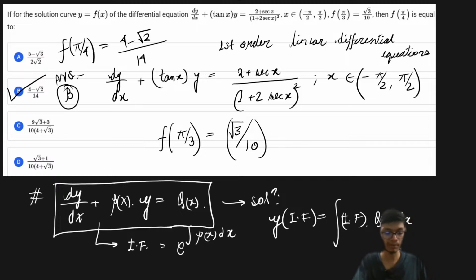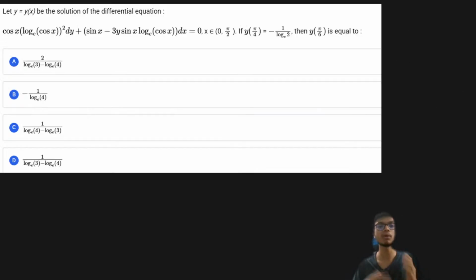All right, so let's proceed with the next problem. So the next problem, if you look at it again, is a problem where the differential equation is given in a broader, more difficult manner. So from there you have to reduce that particular differential equation to a first order linear differential equation, right? There is some simplification to be done over here, and with the simplification you will find that this particular differential equation can be given in the form of a linear differential equation. So let us see how we proceed with this question.